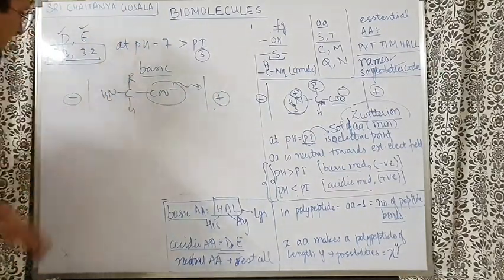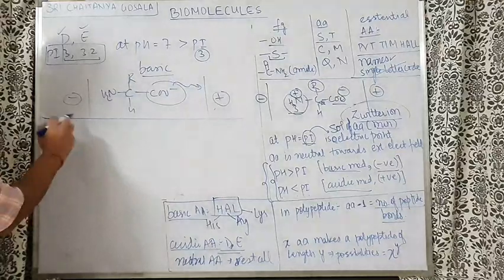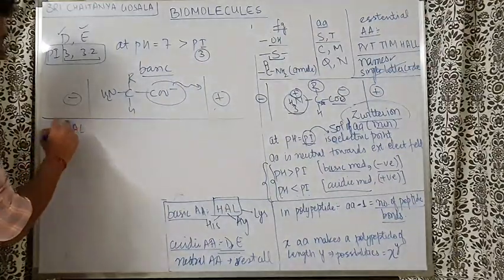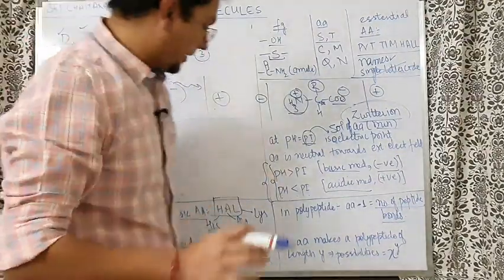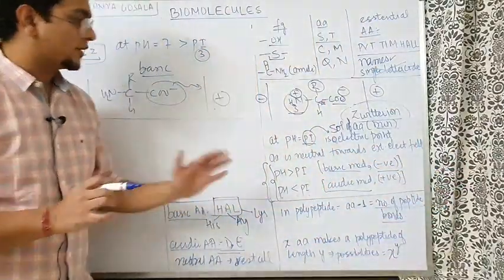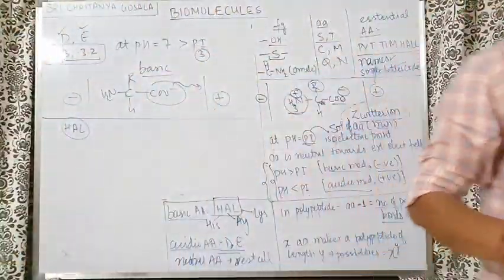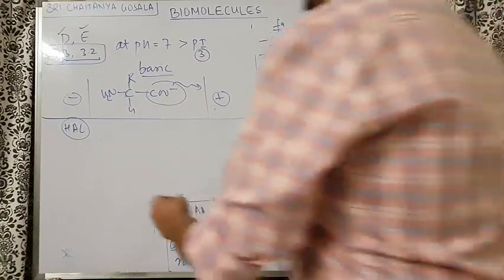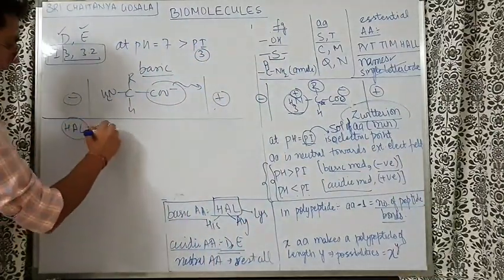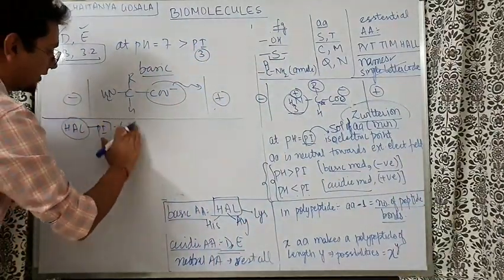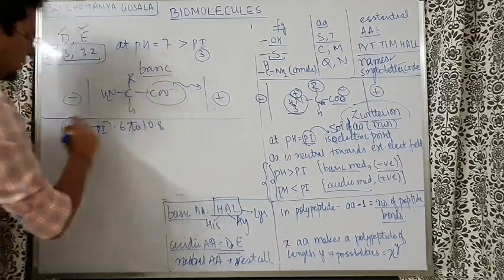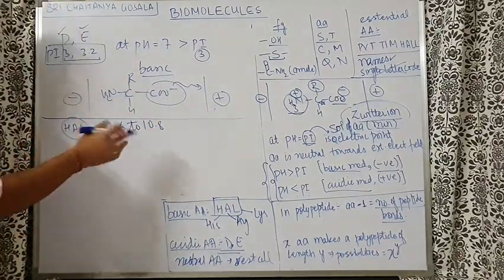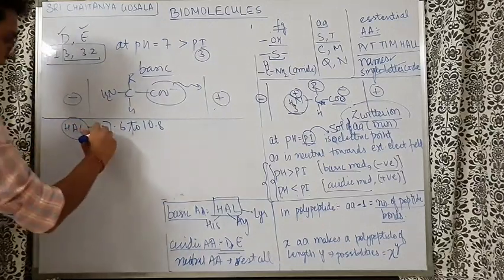Nice. Next trick I can tell you. If I have HLR, the basic amino acids, understand, I am telling you the trick to remember the isoelectric points of all of them. If you have HLR, that is histidine, arginine and lysine, then the isoelectric point is going to be somewhere around 7.6 to 10.8. So for one of them it is 7.6, for another 9.8, for another 10.8. You don't have to remember exactly which is which, but this trick will work.